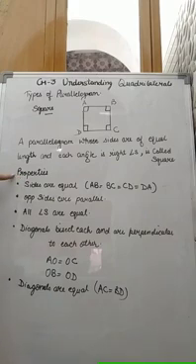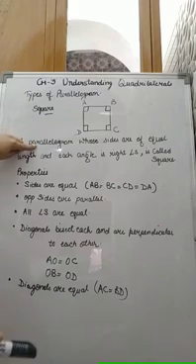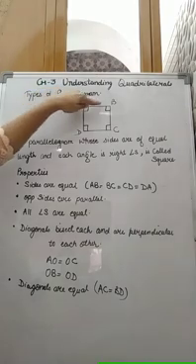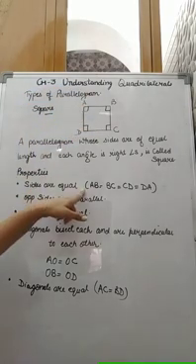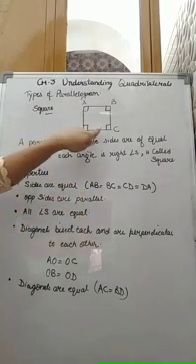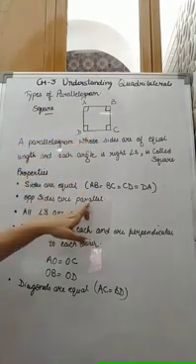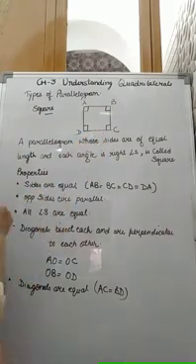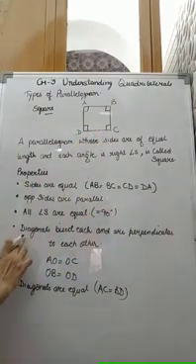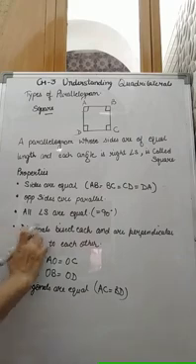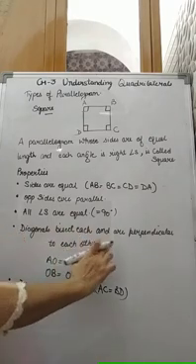Now, properties of the square. It is a type of parallelogram, so it satisfies all the properties of a parallelogram, like opposite sides are equal and parallel. I have written all sides are equal. Opposite sides are parallel. All angles are equal, that is each angle is of 90 degrees. And next, diagonals are perpendicular to each other and bisect each other.